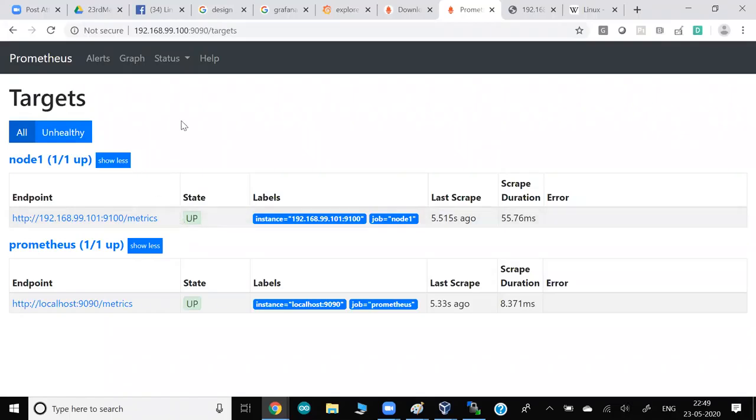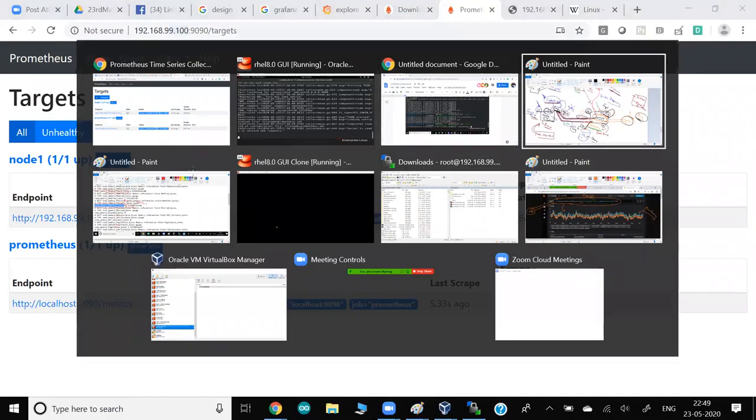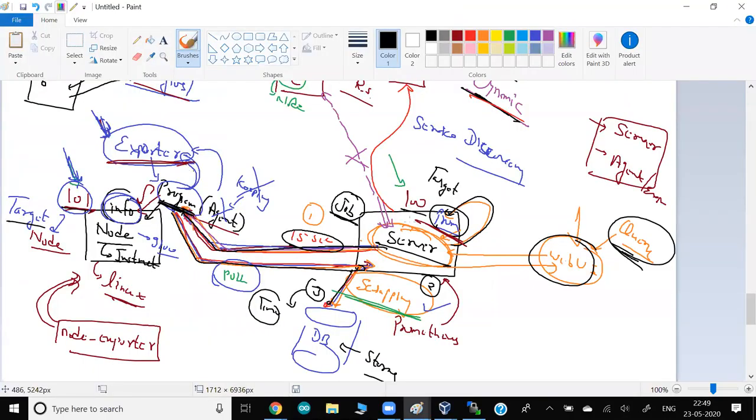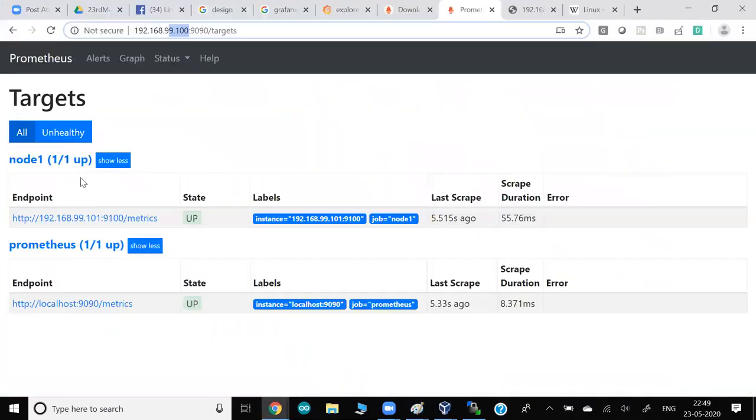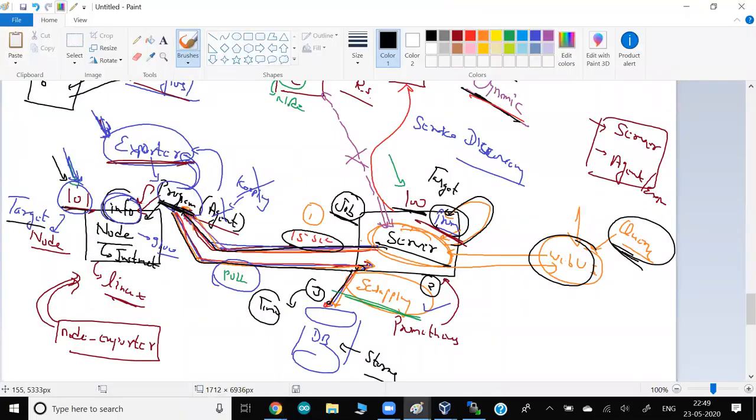Okay, and this is, guys, my IP 100, which means my Prometheus server. And the one they are monitoring is IP 101, with the URL. URL of what? URL of this exporter program.